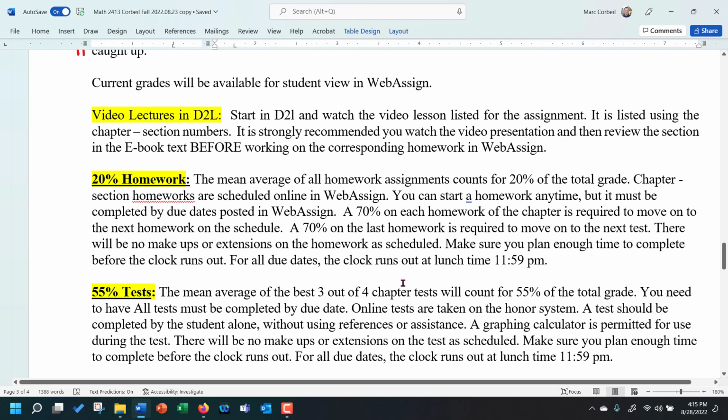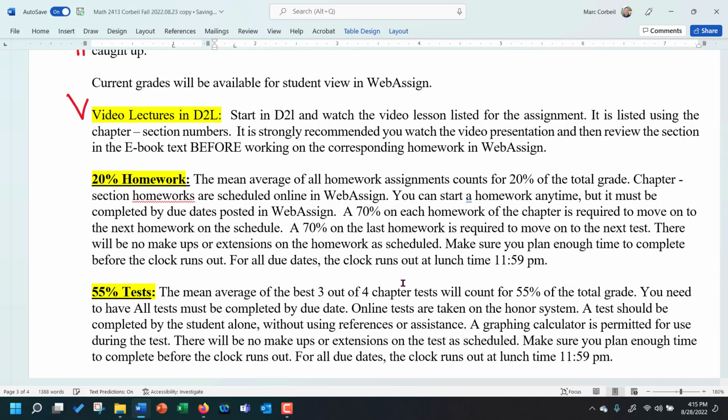We'll talk about late homeworks and stuff like that. The grades are going to be mostly available in WebAssign, especially the homeworks, but in D2L I will also post your test results. So I'll do that after every test. I will update D2L. In D2L you'll simply have your test average at the time that I post it, and then your test grades average at that time that I post it. Again, all your videos are in D2L. You need to watch the video in D2L. There are actually links to YouTube. I have a YouTube channel, so you can go there as well and see them, but the link of which one you need to watch in which order is there in D2L.